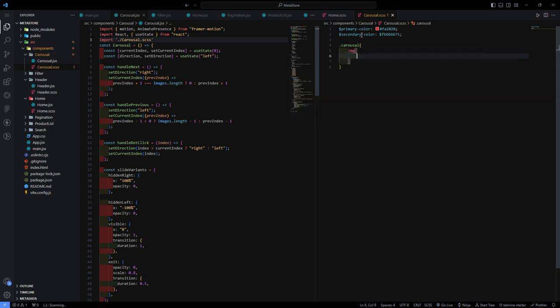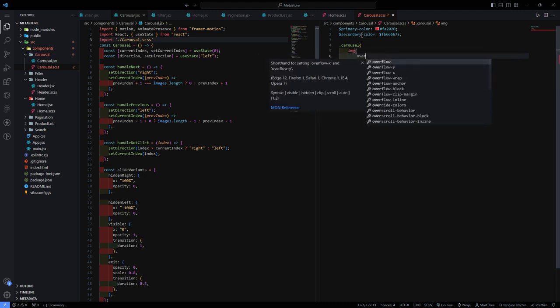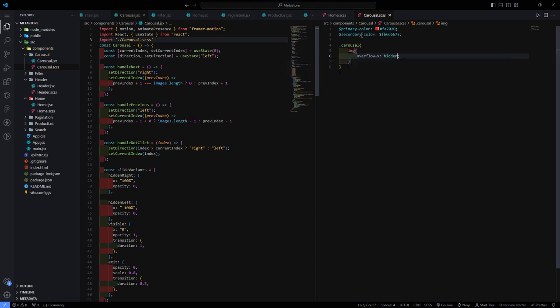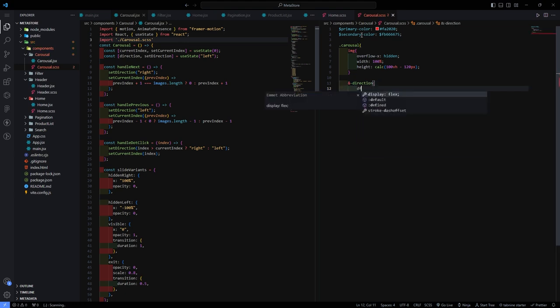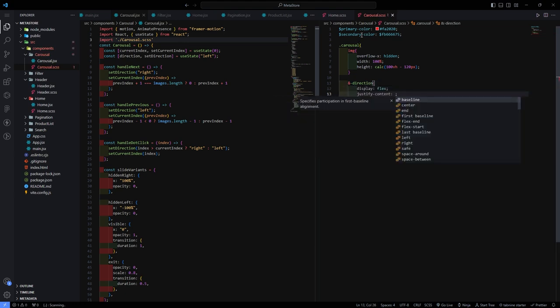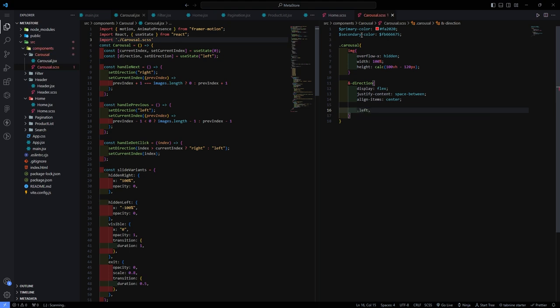and write here image, and overflow X is hidden, and width as 100%, height as use calc function, and 100 VH minus 120 pixels. And after this we have direction, display of flex, justify content, space between, and align item center. Next we have left and right,